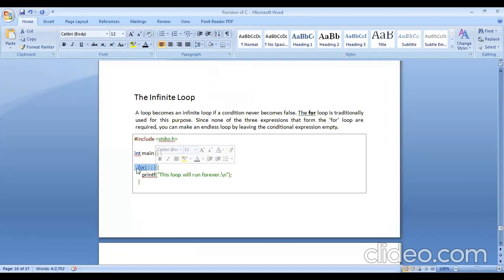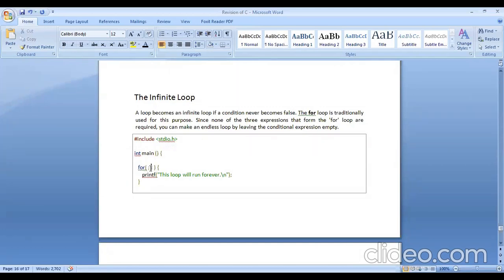So whenever you encounter for statements of this type, always remember it is an infinite loop. Therefore this loop will run forever. This is one example of an infinite loop. And also to let you know, it is possible to have for statements without any of these three parts, just as in the case of an infinite loop, or to not have any of these parts.